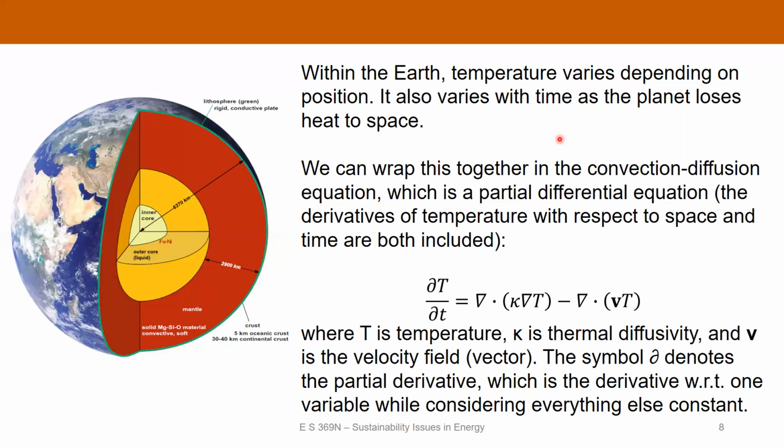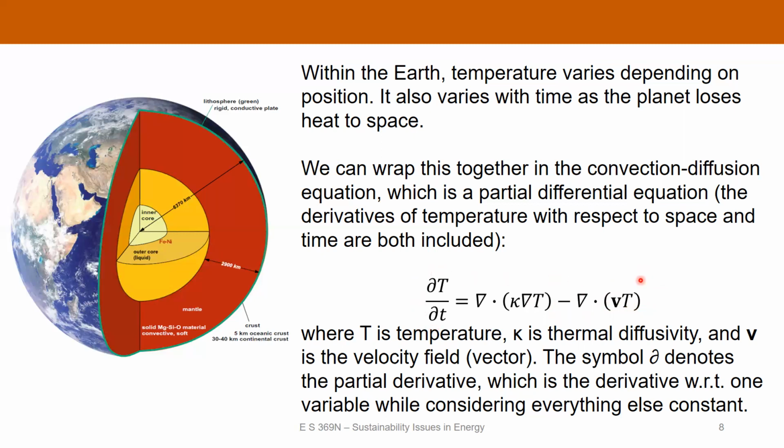Now, this is a partial differential equation that relates the change in temperature over time to the spatial variability of temperature within the Earth. Okay, so this is the partial derivative of temperature with respect to time. This is just the derivative with respect to time, holding everything else constant. And in its most general sense, it's going to be the divergence of the product of the thermal diffusivity and the gradient of the temperature, minus the divergence of the velocity vector times the local temperature. Okay, so this is the most general form of the